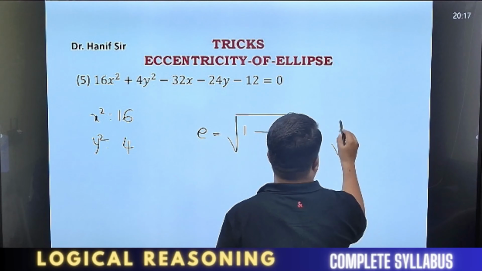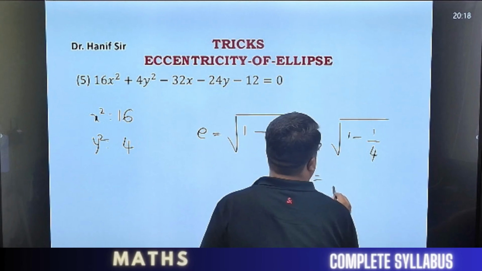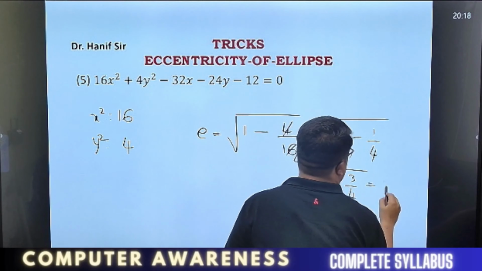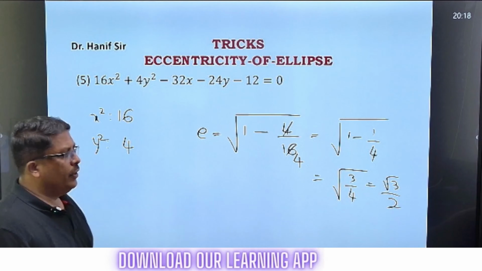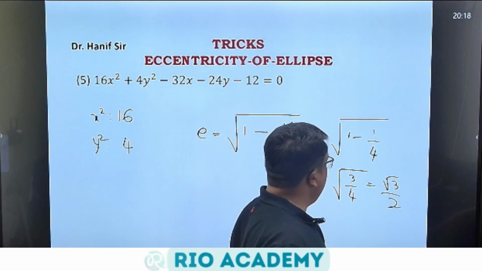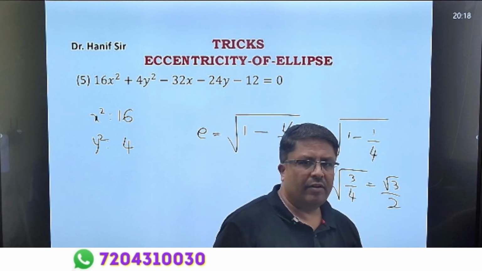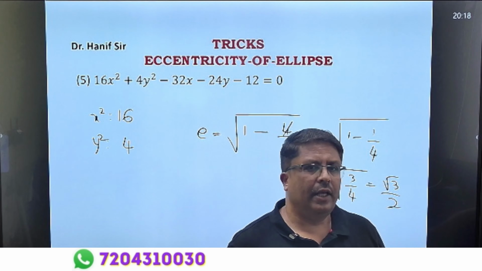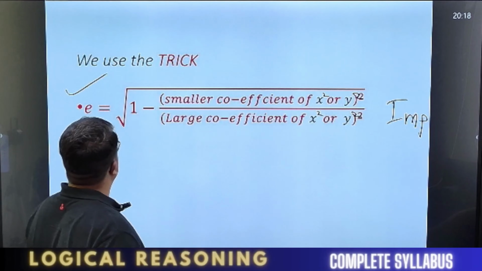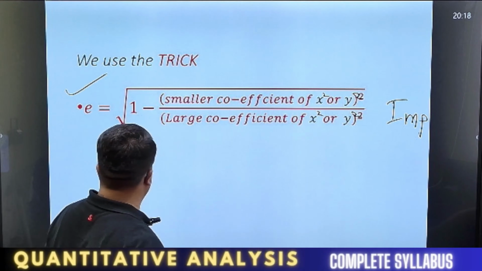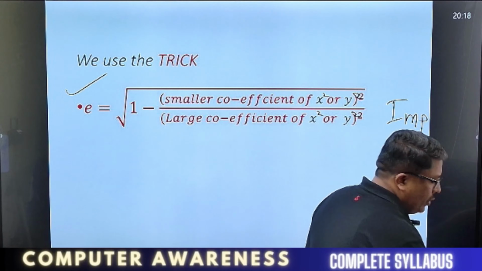So this comes out to be 4 by 4, 1 minus 1 by 4. This is square root of 3 by 4. Answer is root 3 by 2. Yes or no? The magic begins and ends immediately. This is called the trick for finding eccentricity of an ellipse. So this is the trick which I have used. So students, so now coming to